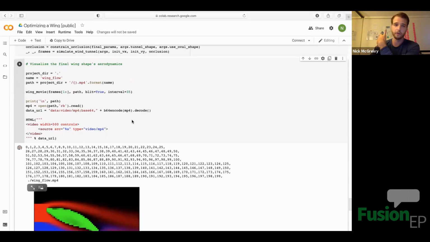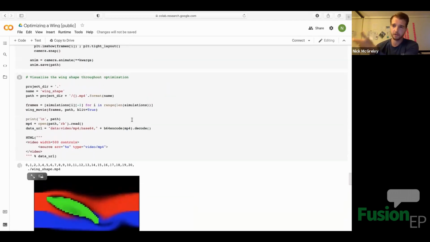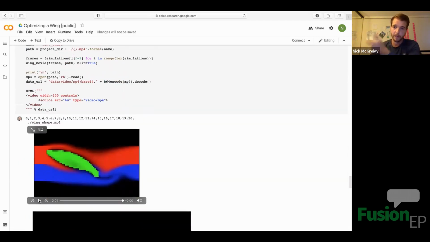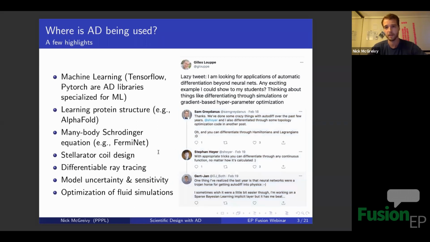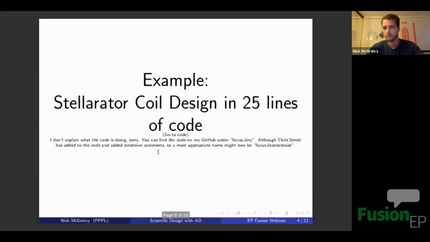And then he took this square block and he optimized it using gradient descent to find the best wing shape that performs that objective function. So he was able to differentiate through this nonlinear time-dependent simulation. And this isn't always easy to do, but it's something that I think, and Stefan here thinks, is a big part of the future of automatic differentiation. I'll be talking about that at the end of the talk, how AD interfaces with more traditional computational physics. One more example that I'll give is this stellarator coil design code,